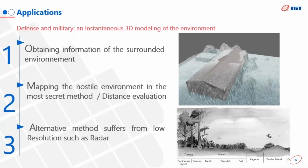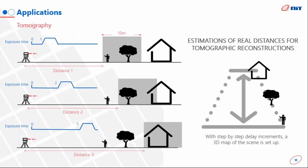And finally, the last application we highlighted here is defense and military, one of the oldest applications using gated imaging. In this case, one of the customer's main requirements is to have an instantaneous 3D modeling of the environment. People want to obtain information about the surrounding environment without any intrusive solution. They want to map, for instance, the hostile environment of the enemies in a very secret method and at a